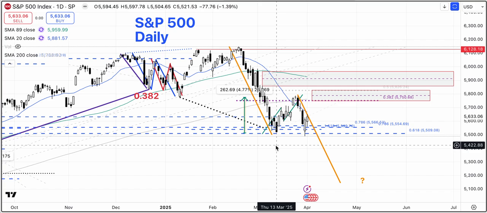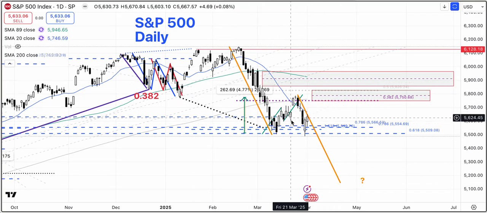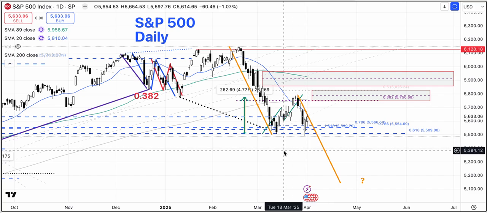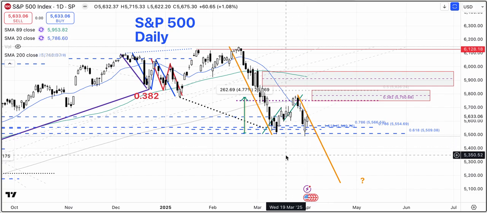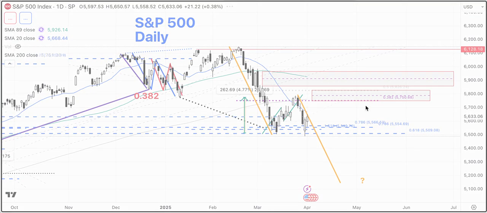Only getting below the 13th of March lows, we could see further downside. But right now, the price action has been supportive for the 13th of March low. And then if we move over to the NASDAQ 100 cash,